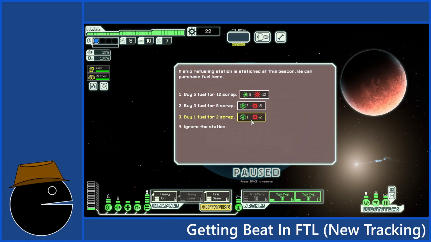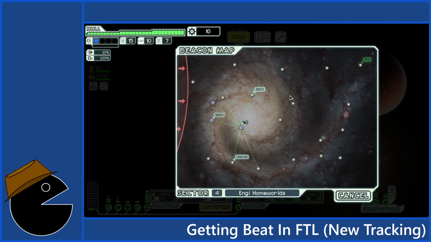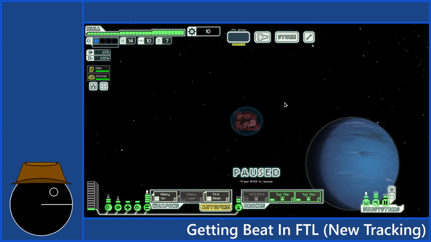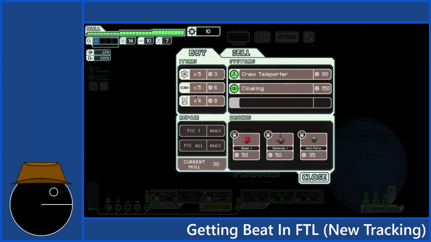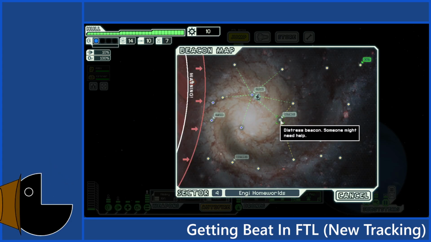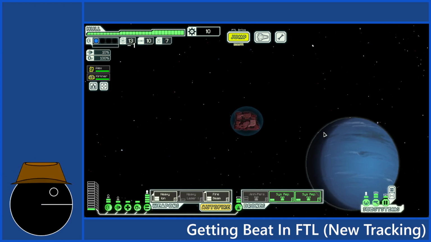Do I need fuel? I might as well. It is a better deal than what you find at shops. Unfortunately, the routing on this sector is to go through a shop while I do not have the stuff to get from it. How do you get over here? This is a very unfortunate route. Okay.